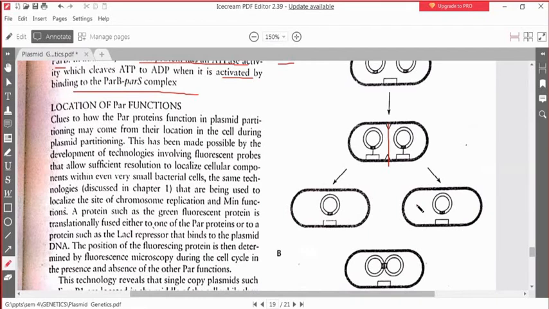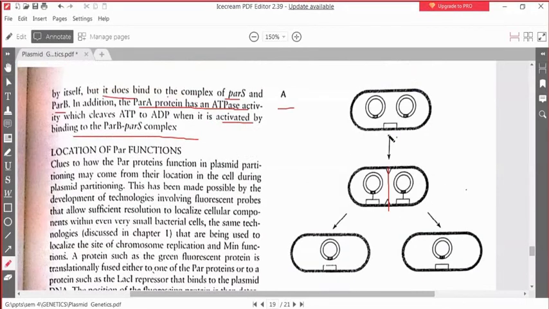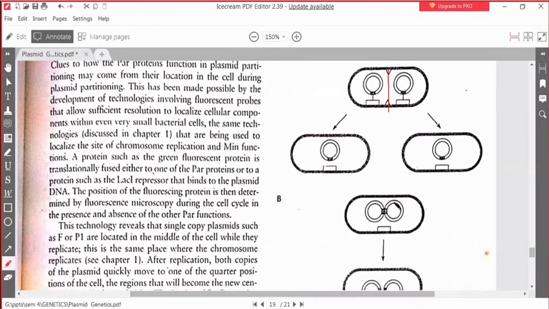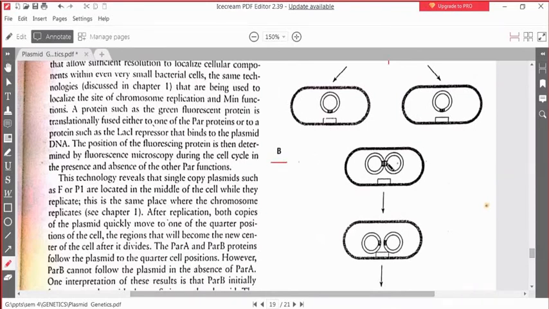But this model is not totally justified, because if a cell has say 600 or 700 copies of the plasmid, in that case how many such sites are present? So this is not the thing. If you have many copies of plasmid within a cell, how many such sites should be present? So that is the reason why model B comes into play.